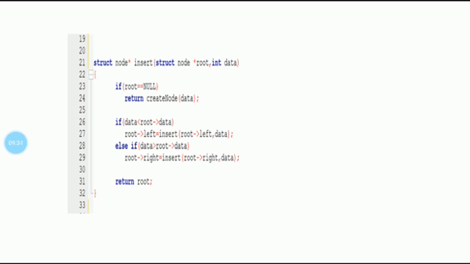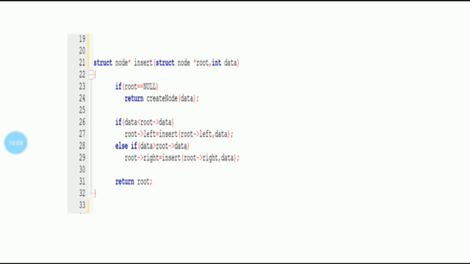70 is going to attach to the right side of 50. Then we will add one more element. What we have to understand is that a binary search tree is constructed with the help of repetitive insertions of different nodes into the existing binary search tree. It starts with a root node, then the remaining nodes are inserted either to the left or right of the root node, depending upon the relationship between them.